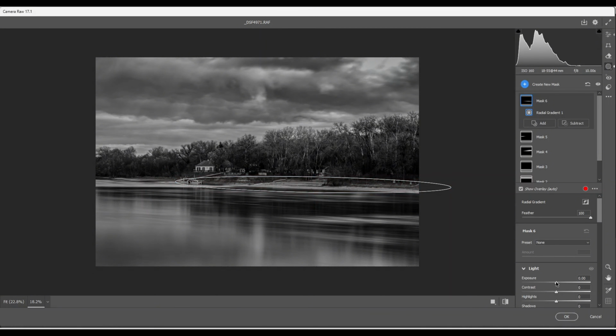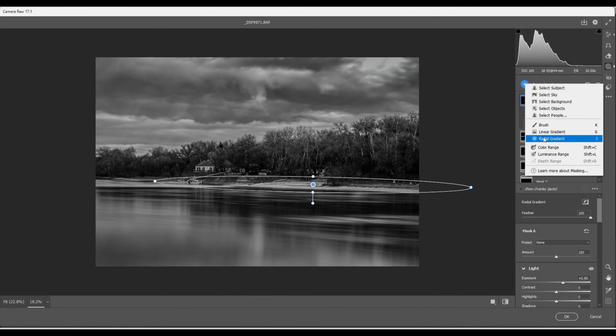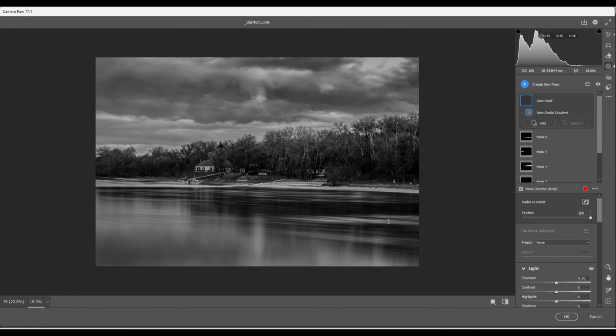And I'm going to increase the exposure here also. That's ready. I'm going to use another radial gradient,